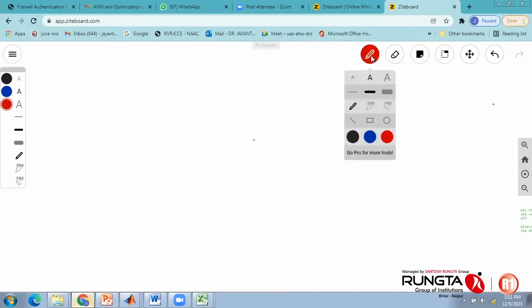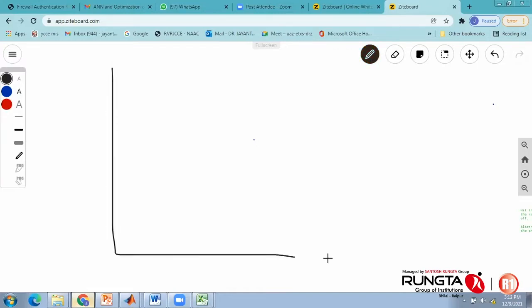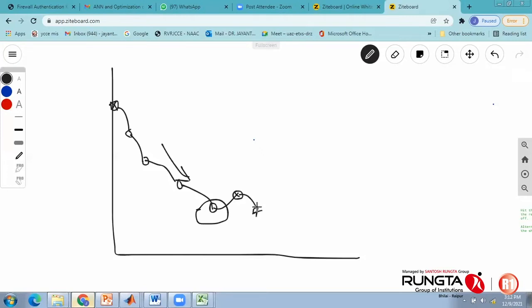In a normal working scenario, suppose I have started from this particular point and the error drops from this, from this, from this, continuously dropping. Sometimes it may happen that instead of going along this particular path, the optimization algorithm takes a different path. It is going in an upward direction. The error is increasing. It doesn't mean that I need to terminate the algorithm at this point. Okay. With a single iteration, it may not be possible. So next time it may be possible that it can reduce further. So to deal with this particular process, there has to be a typical stopping criteria.